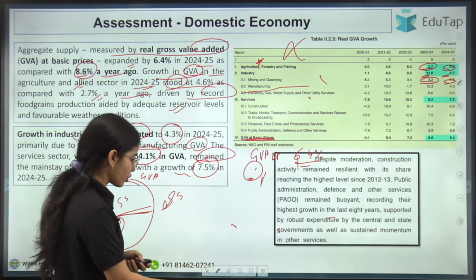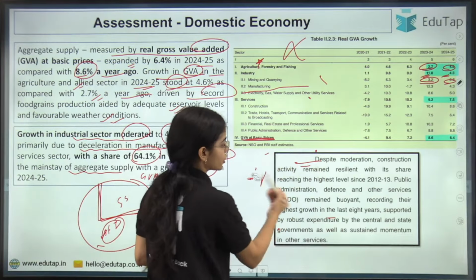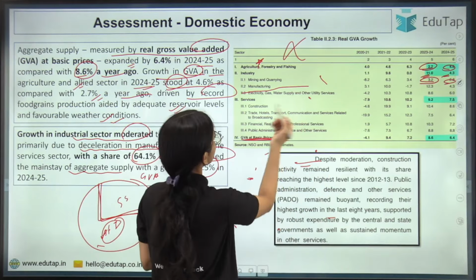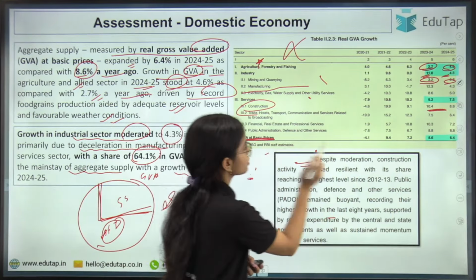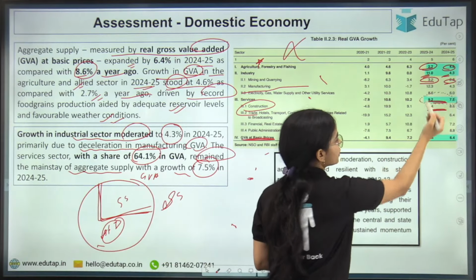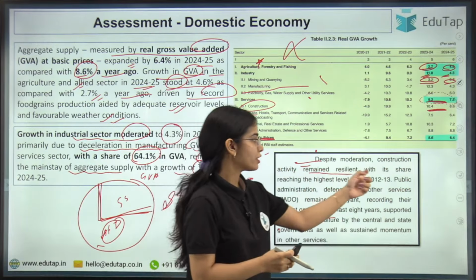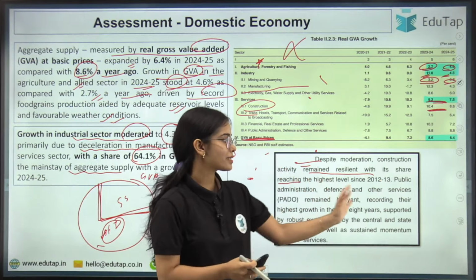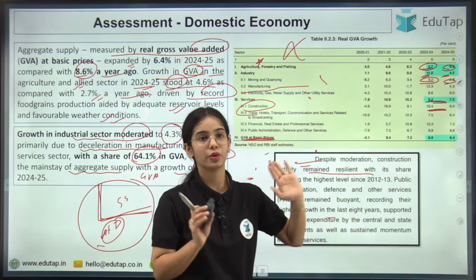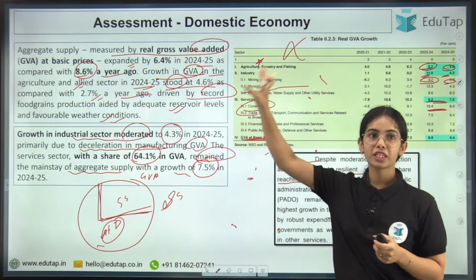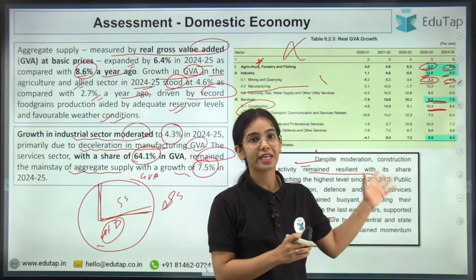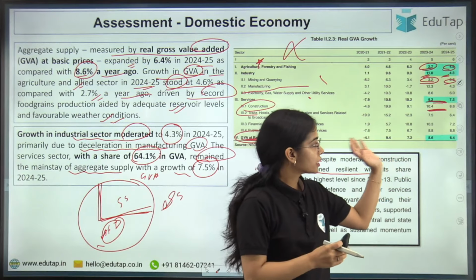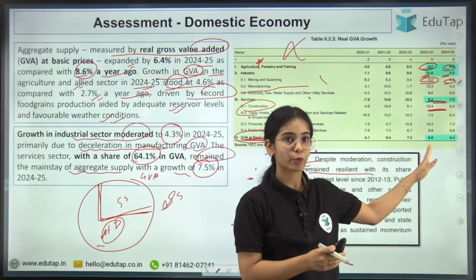Despite the moderation, the construction activity remained resilient, with its share reaching the highest level since 2012-2013. Okay, so here just remember the main data point of the gross value added at the basic price: the gross value added at the basic price has decreased from the growth of 8.6% to the